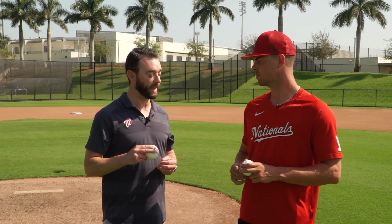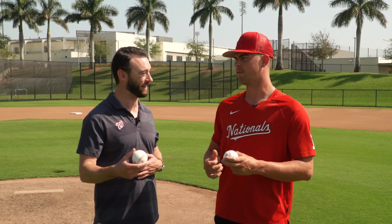I have, like I said, there's always a thought with the middle finger and the thumb, but it's really just throw this one hard and have it in the zone. Is the mindset fastball even with this grip? You say you're trying to throw it hard. You kind of let the grip do the work of the movement. Yeah, for the most part,